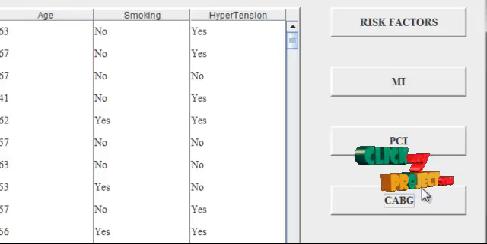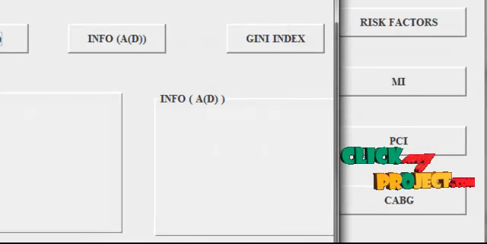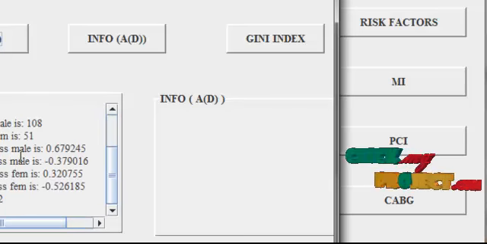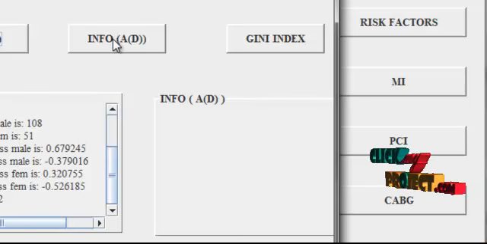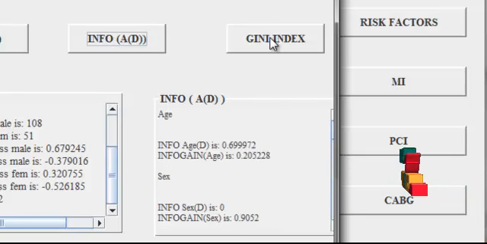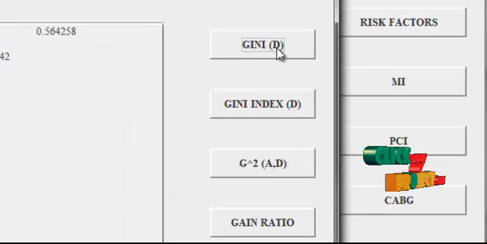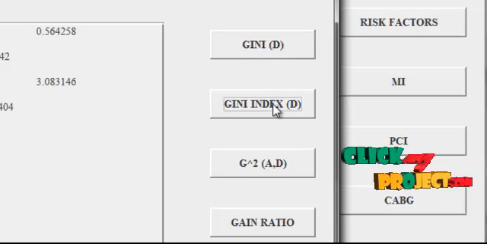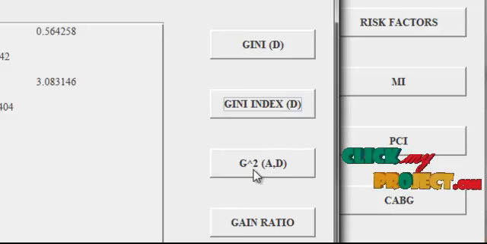After classifying the risk factors, we are going to calculate the information gain. Here I am first calculating info of whole data set D based on the class variables. Then I am going to evaluate the information of attributes in the data set. Then we are going to calculate the Gini index. First I am calculating Gini of whole data set D. And we are calculating Gini index of data set D. Then we are going to calculate the chi-squared for attributes in the